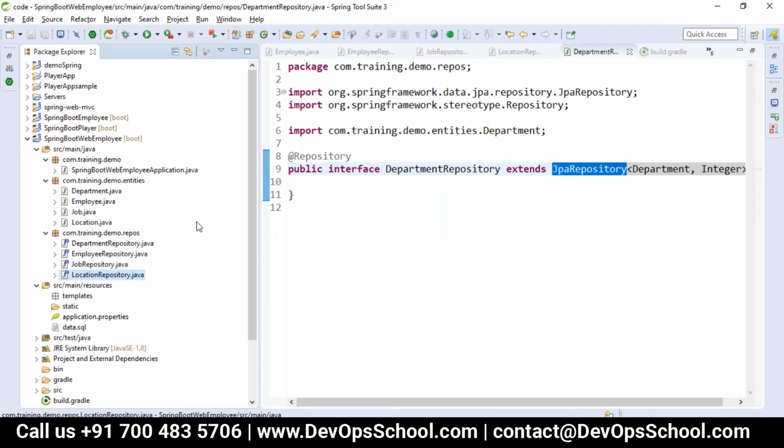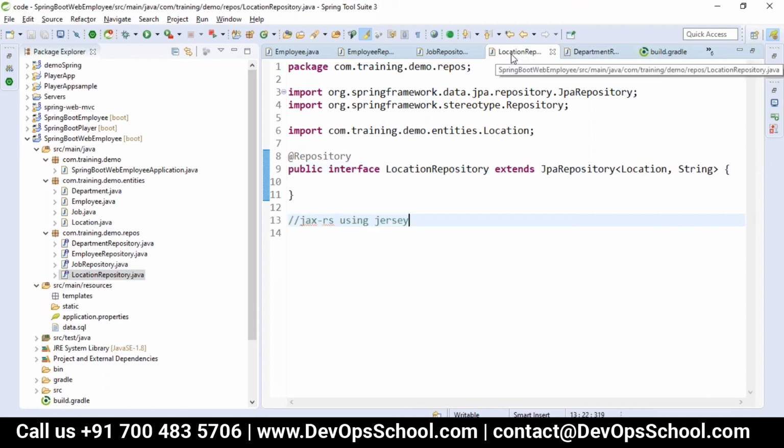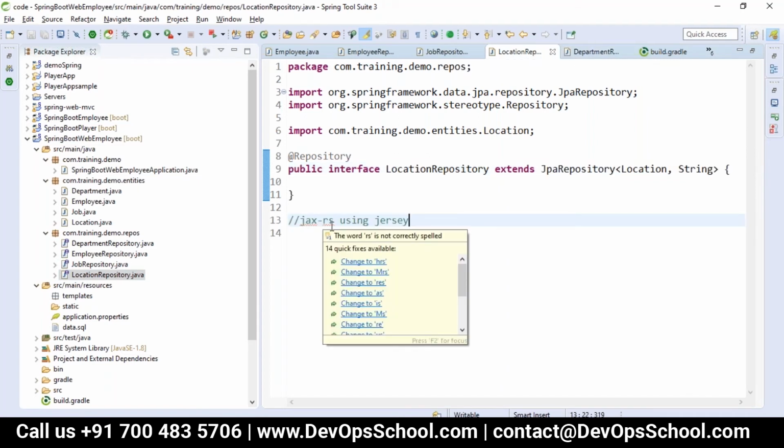So now we want to give the data as a REST API. To work with this, we require Jersey libraries or the JAX-RS by using Jersey, or we have something called RESTEasy.